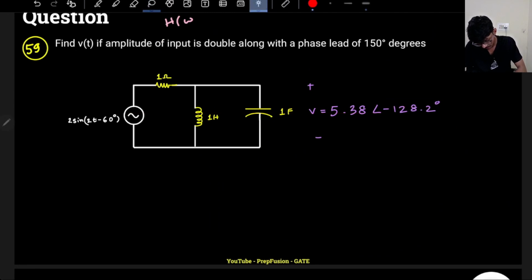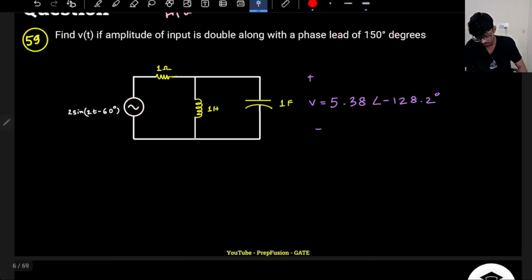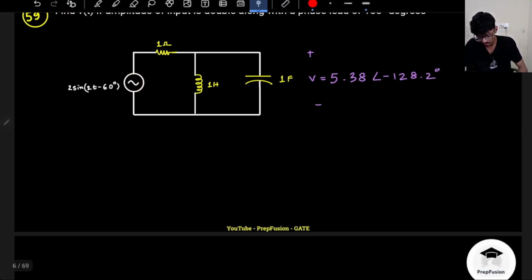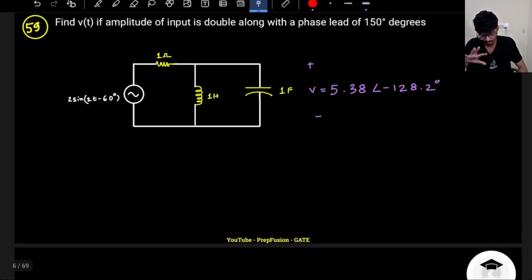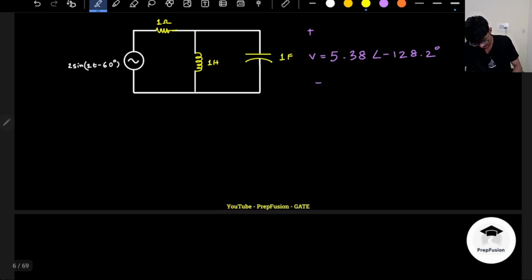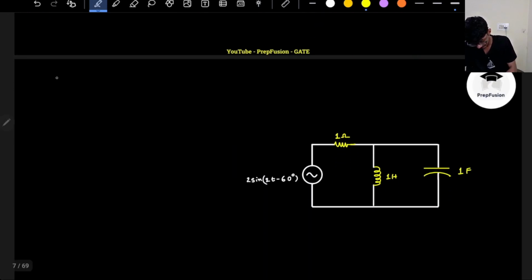and we have to find the amplitude of v of t if the input is doubled along with a phase lead of 150 degrees. So simply it will just follow the linearity property. I will directly write the answer. If the input is doubled, then the output will also be doubled. So if v in has been changed from 2 sine